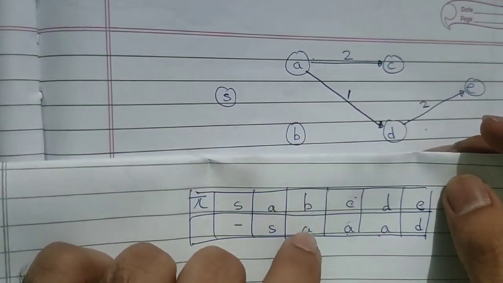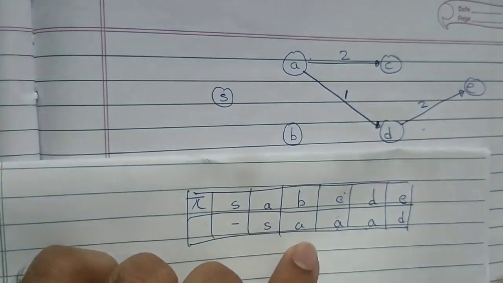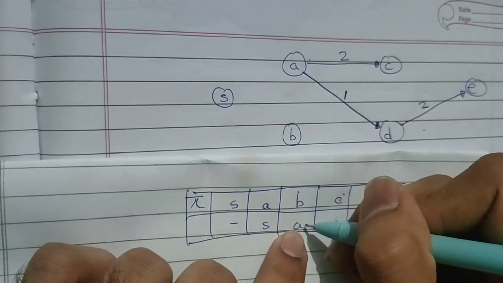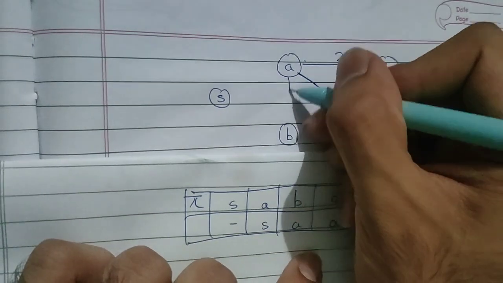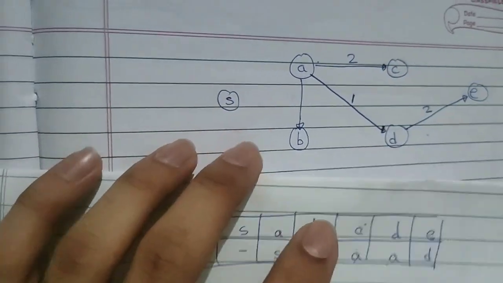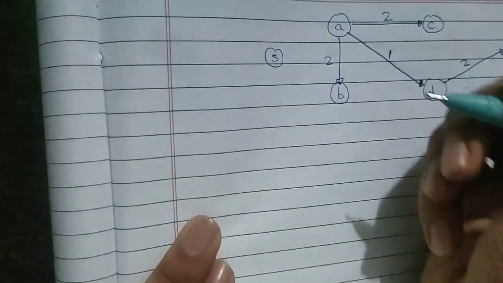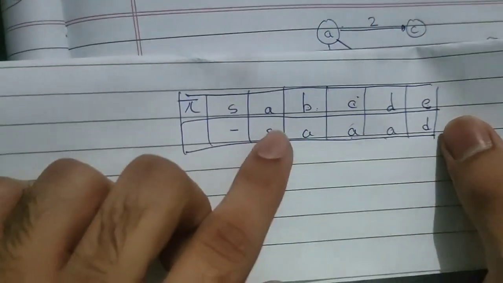Then our next vertex is B. If you see, B originates from A, or A is the previous node of B. You can say it in any way, but that's just the general meaning. So there should be an edge from A to B. Now, what is the weight of this edge? If you go from A to B, the weight of this edge is 2. So we just write 2 over here. And now lastly, oh wait,